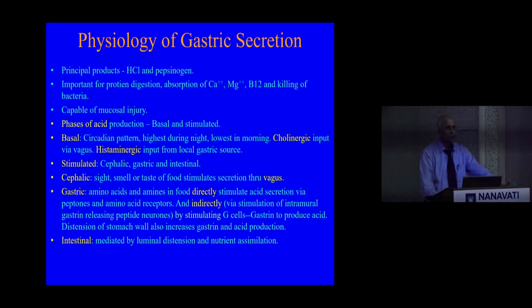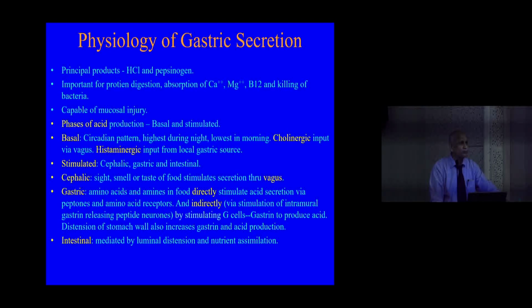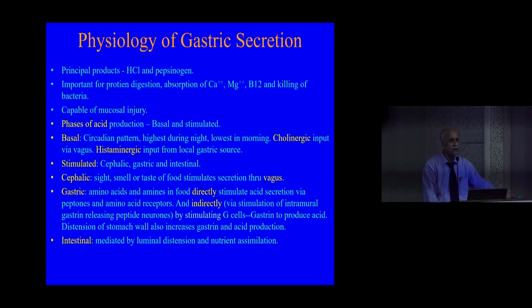Cephalic phase, which is basically activated by the taste, smell and the sight of food, or maybe a boring lecture before the lunch break in this conference. There could be a gastric phase, which is because of stimulation of the G cells, which secretes the gastrin, which may be done directly by the food, or it can be because of the various neurons which are situated within the submucosa. And of course, you got the last phase, the enteric phase, where the food enters the small intestine, and then you can have